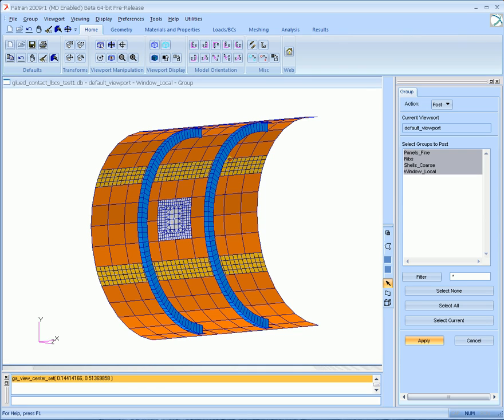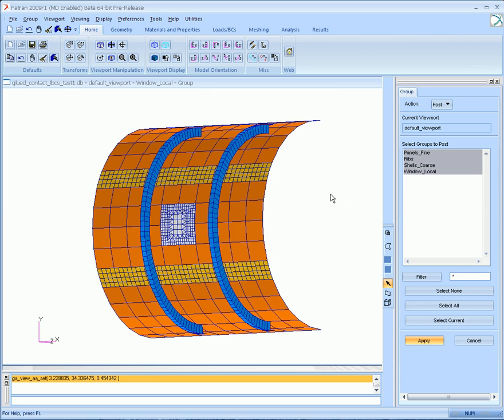The purpose of this demonstration is to show the value of MD contact. In this case, we'll concentrate on glue contact and why we choose glue contact in this case. First, this looks like an airframe panel with some ribs to it, and it has the value of making assemblies